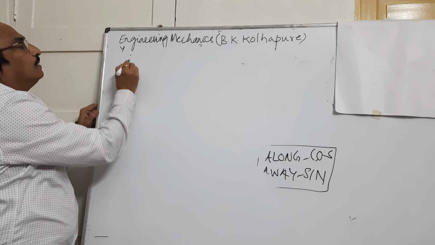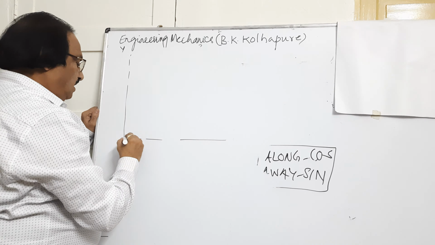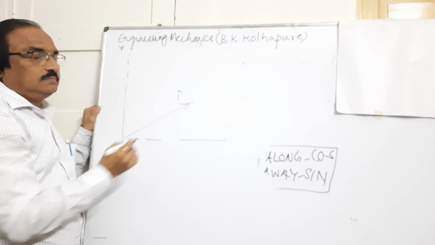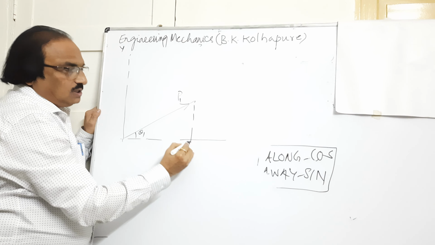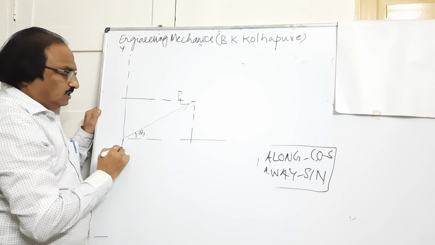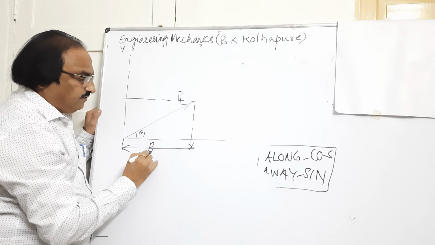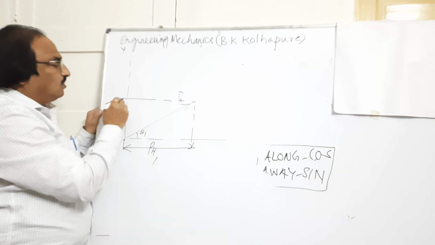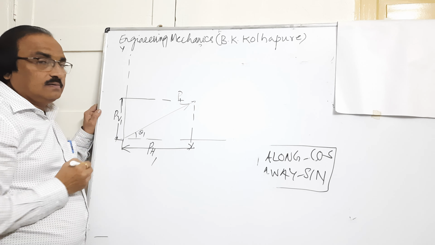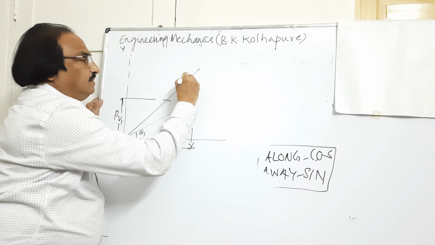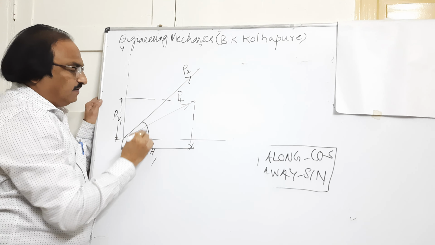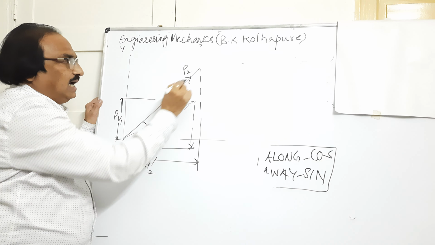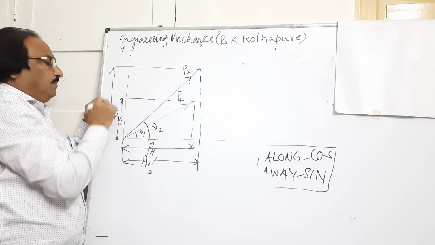Now coming further, if there is a force P1 acting, making certain angles say theta 1. Now I can resolve it horizontally, I can resolve it vertically. So this is known as the horizontal component of force PH1, and this force we call it as PV1. I'll take any other force again, P2, making an angle of theta 2. I can resolve this horizontally. This will be PH2, and if I resolve it vertically, this will be PV2.